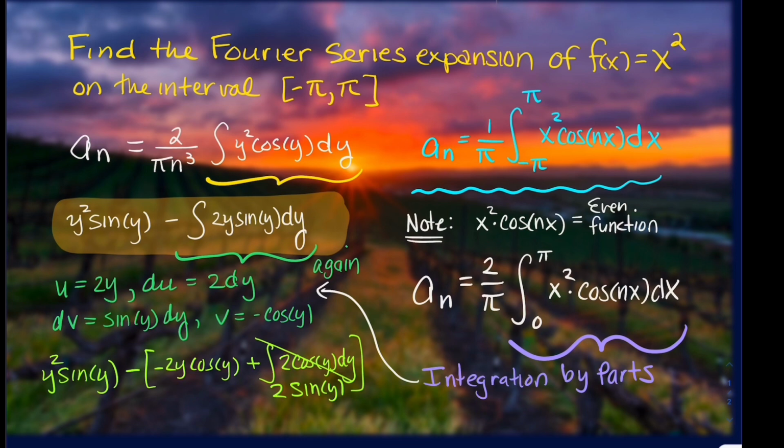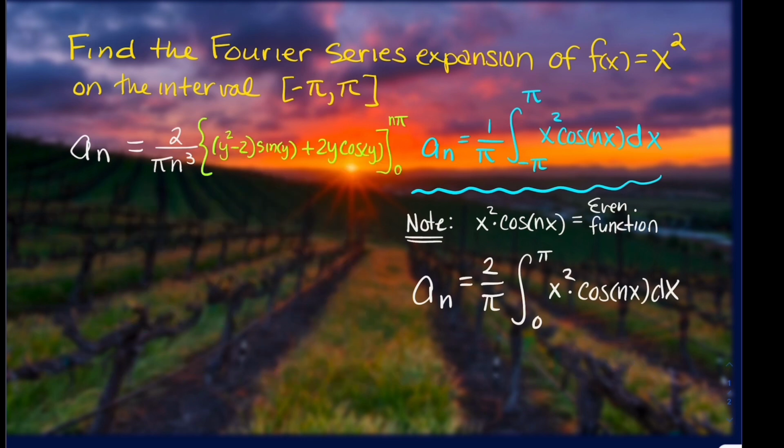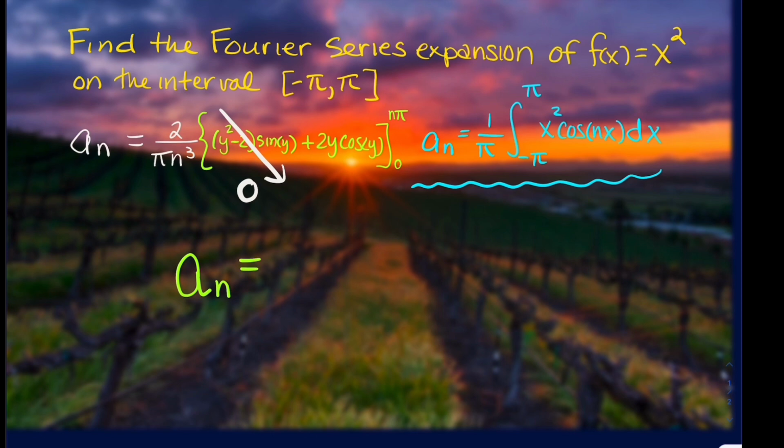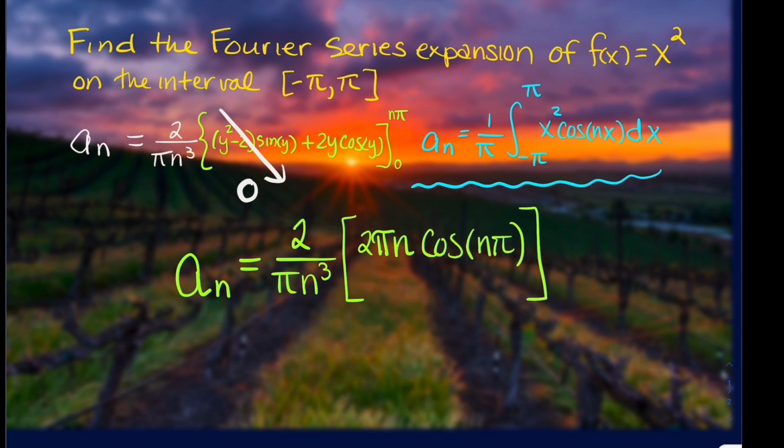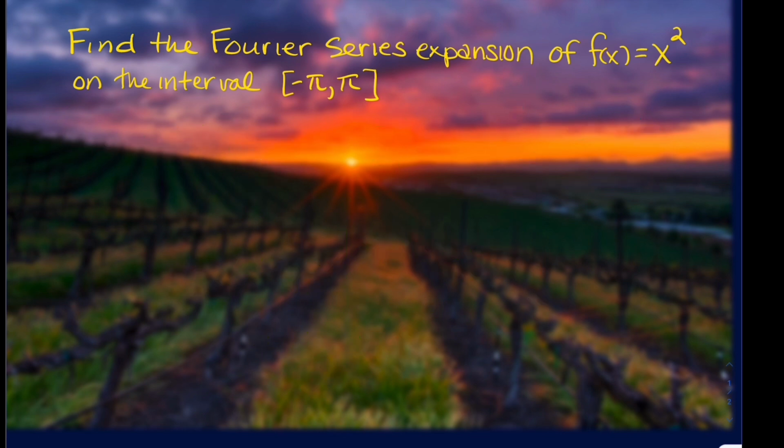That last integral evaluates to 2 sine y. And the limits of integration here are going to be from 0 to n pi. Those limits changed when we made the substitution of y equals nx. So now a sub n is equal to 2 over pi n cubed times 2 pi n cosine n pi. And cosine n pi is the same thing as negative 1 to the nth power. So a sub n ultimately evaluates to,